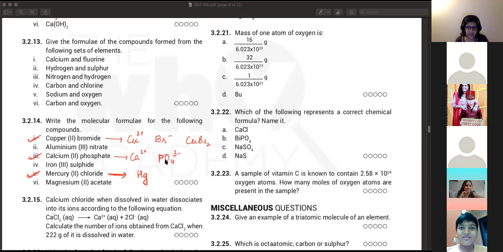phosphorus and oxygen. So both of these have to be capital, huh? तो ये 3 कैल्शियम के पास आ जाएगा and the 2 plus will come for the whole of the phosphate. So the way you write it is Ca3(PO4)2, and mercury Hg is 2 plus, chloride is Cl minus, so mercury chloride is HgCl2. Okay, cool.